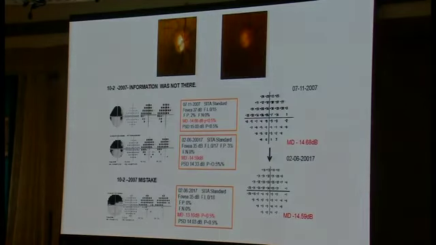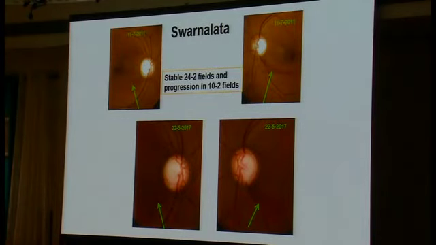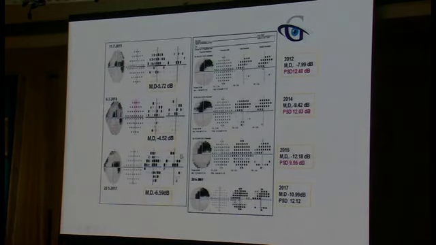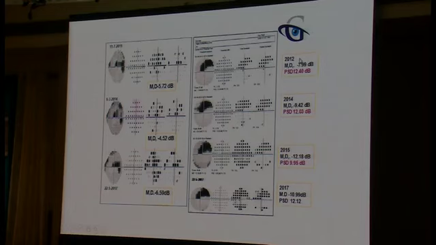This patient was also followed, but only a 24-2 was taken. The mean deviation was stable for 14 years, and here the 10-2. I didn't take a 10-2 at the first visit, so we can't assess the progression in 10-2. This patient I first saw in 2011, followed up to 2017. See the mean deviation of the 24-2, almost stable, but in the 10-2 it progressed from -8 to -12.